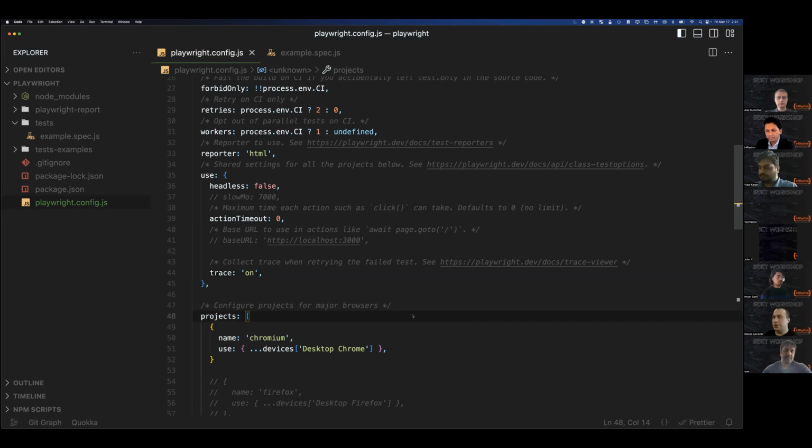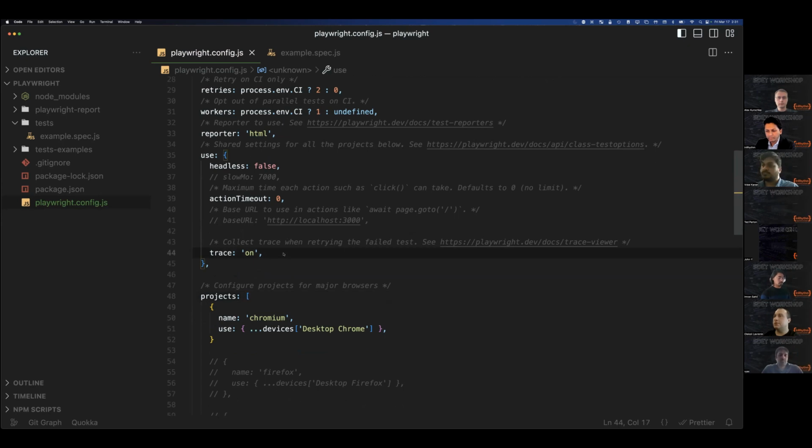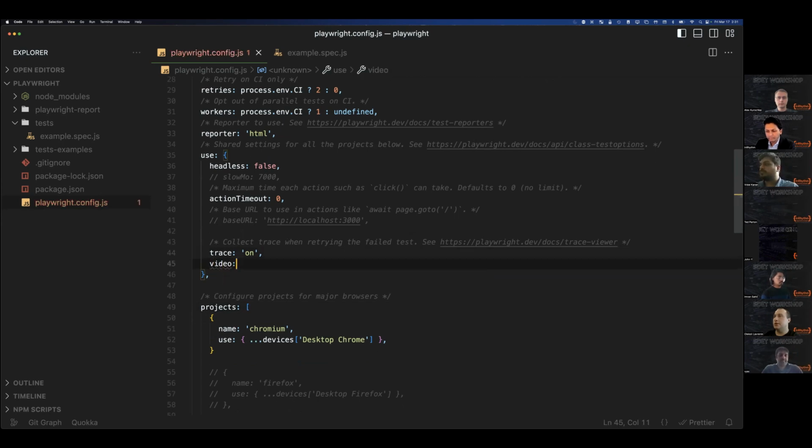Okay, and additionally, you need video. After traces you can add video. Yes, and on. Sorry. Oh, it's on. Okay. I guess. Okay. Single quote. Okay, doesn't matter. My OCD says let's be consistent. Okay. Yeah, consistency is very important. Okay, traces we have, video we have, HTML report. Yeah, and now you can run the test cases.